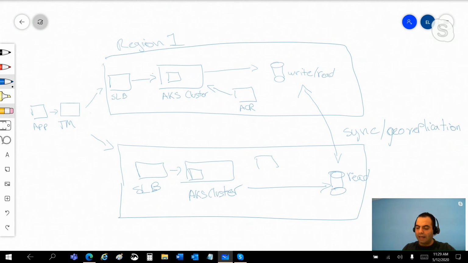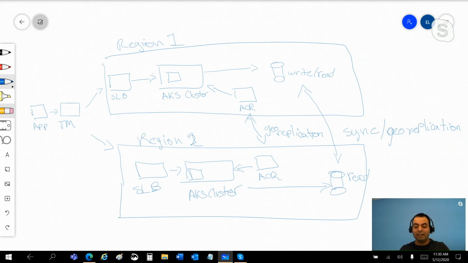And also I can have my ACR with geo-replication. It means that I can have multiple container registries in different regions too. So with this architecture, I'm mitigating the single point of failure that I have in one single